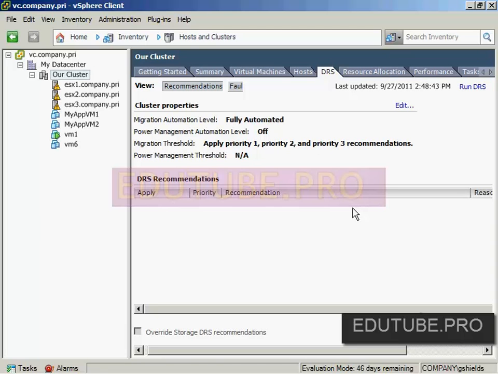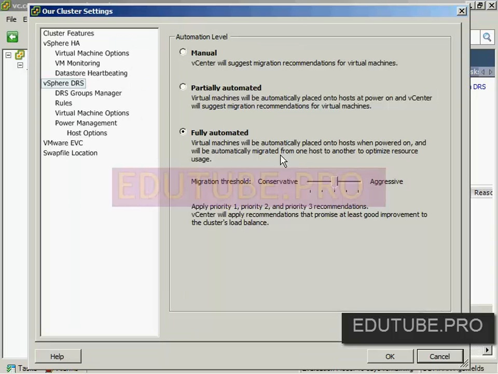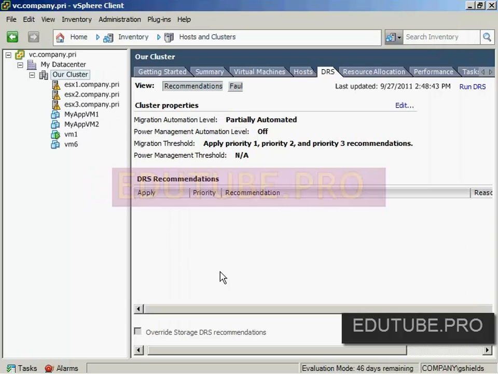When the next DRS pass comes through, it's going to identify if I've really got good balance across all the hosts in this cluster. And if I don't, it's going to generate some recommendations, and it's going to automatically apply them because I've set the automation level to fully automated. If I set this back to partially automated or even manual, the next time those recommendations come through, you see if I run DRS here, I doubt these recommendations will actually appear because I only have one VM powered on. But the next time these recommendations come through, I'll have the option of selecting a recommendation and choosing to apply. Okay, so